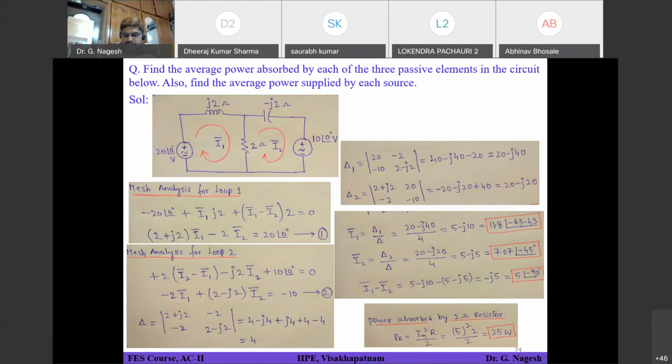You have used that same formula, right? Yes, sir. Okay, so the power delivered by this source, if they are asking, is simply Vm into the maximum value of the I1 phasor into cos of theta minus phi divided by 2. If you do that, you are going to get the power delivered by the source on the left hand side, which is 20 at an angle of 0 degrees. So 50 watts is the power delivered.